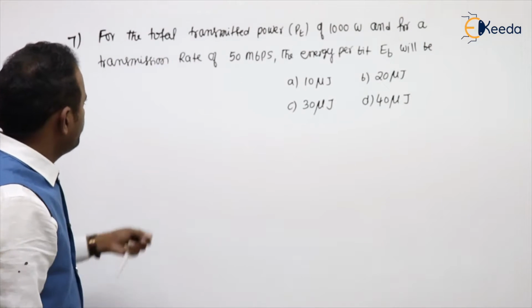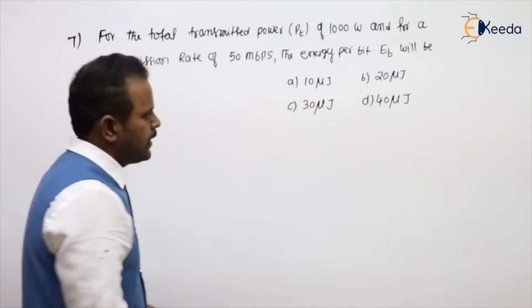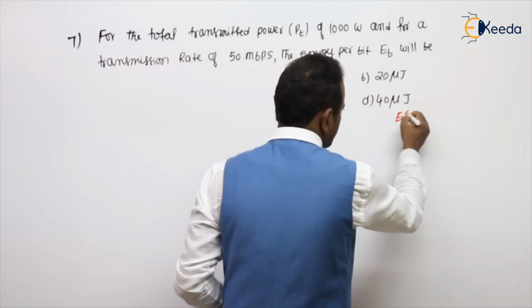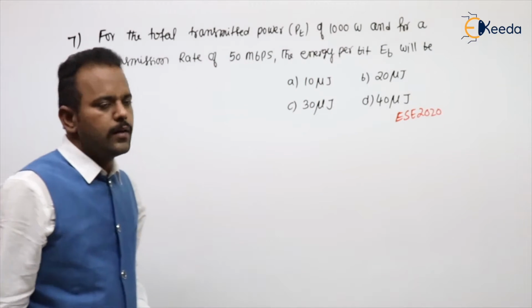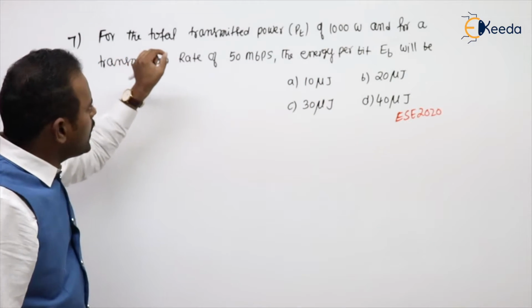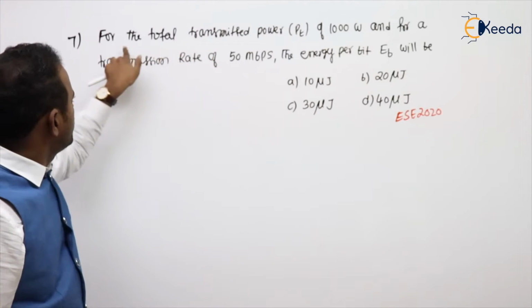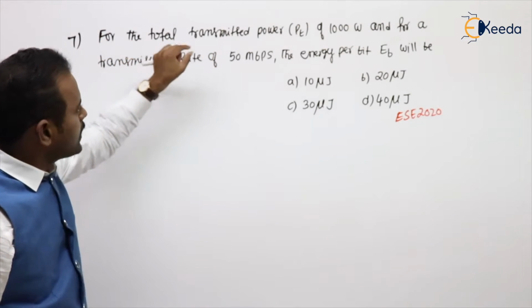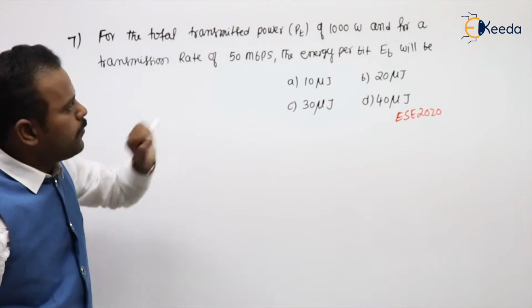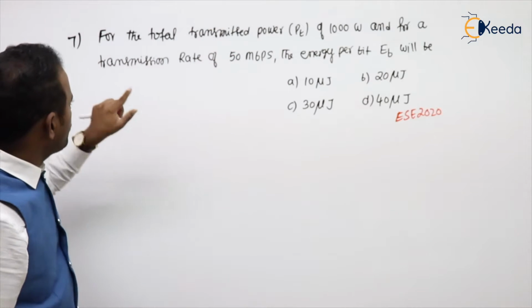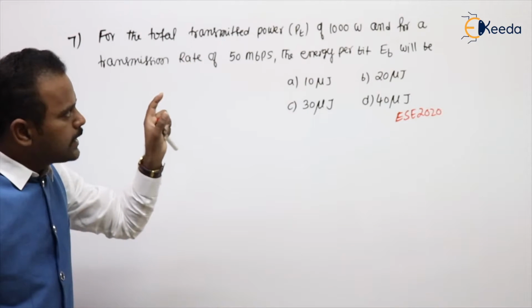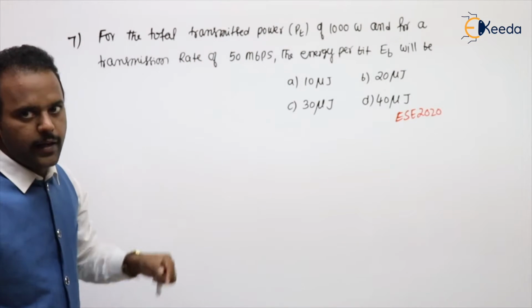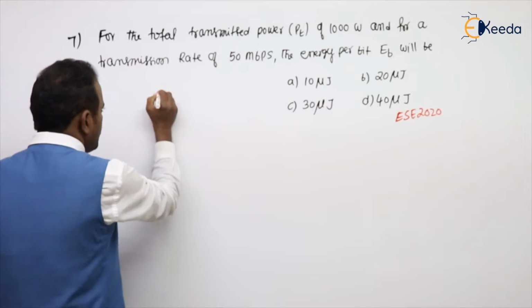See the next problem. This was asked in the ES examination 2020. What's the problem? For a total transmitted power PT of 1000 watts and a transmission rate of 50 Mbps, the energy per bit EB will be: as I told previously also, energy